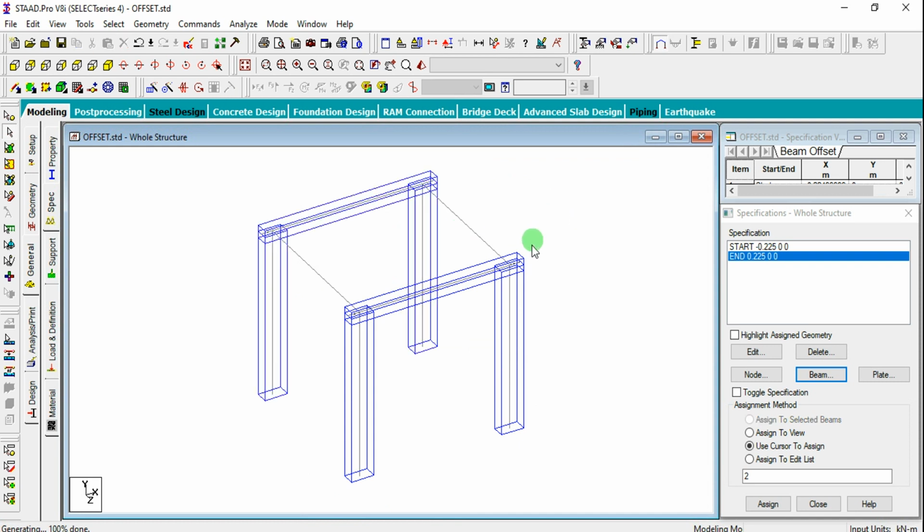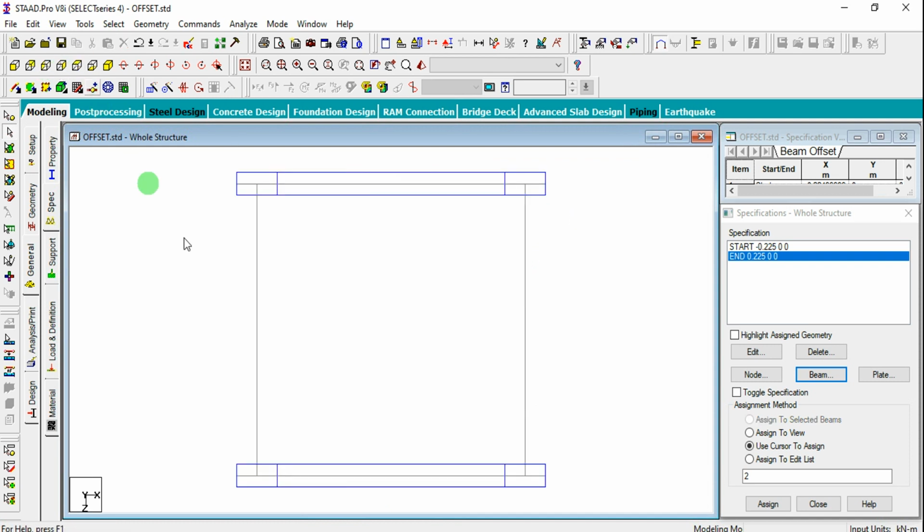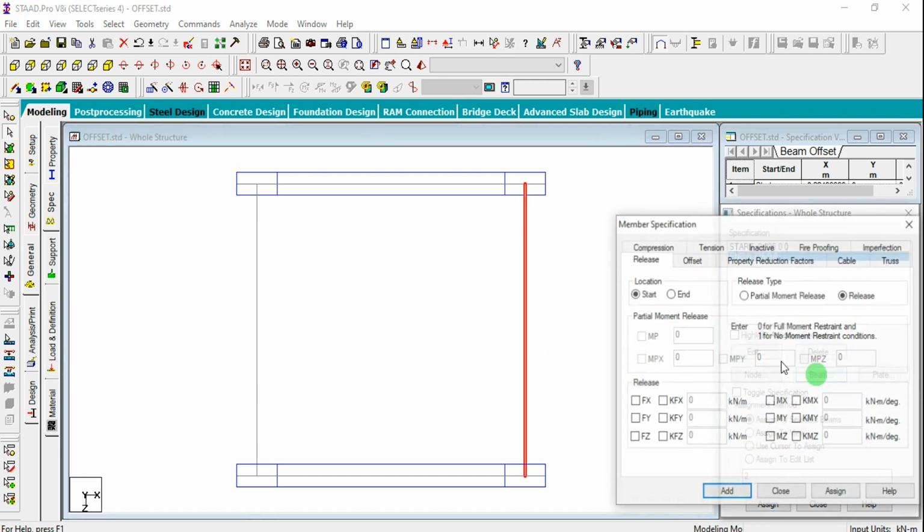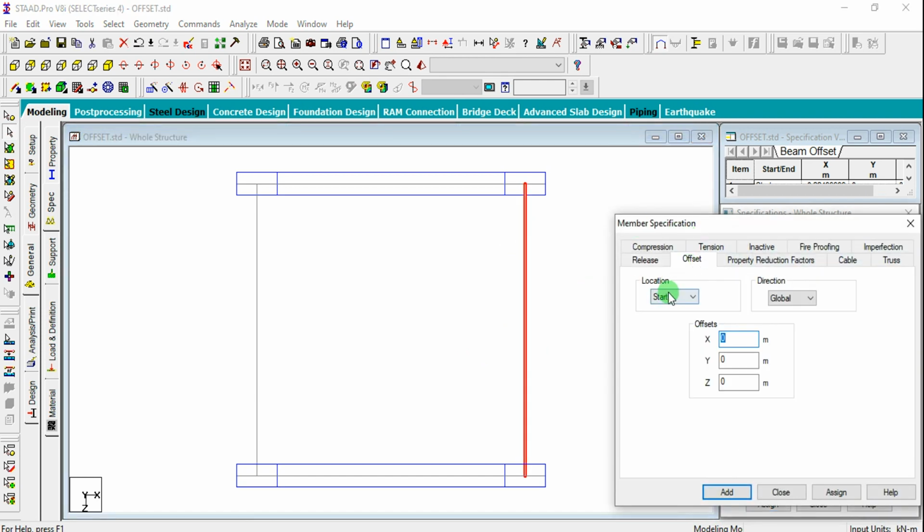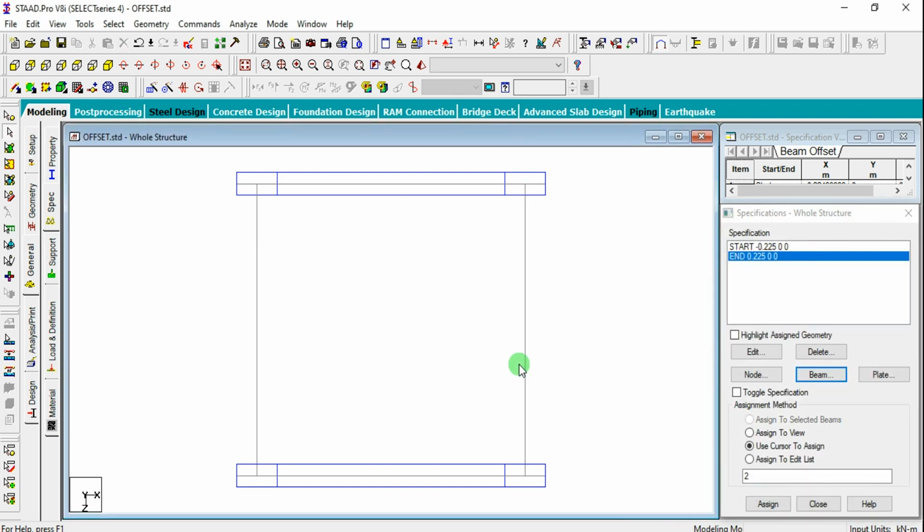You can see that from the top view, the beams have extended till here, but on this side they have not been connected. In a similar way, these beams have to be extended towards the Z direction. Now what we can do is simply select the beams and go for the beam and offset again. Go for the start of the beam, and we have to cross-check where the start has occurred. For both the beams, the start is at the back and the end is at the front side.